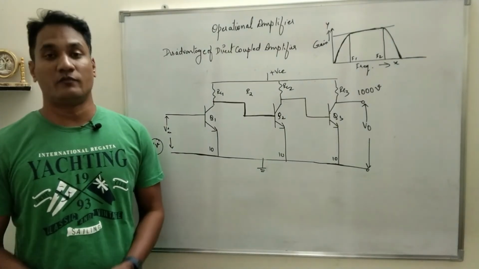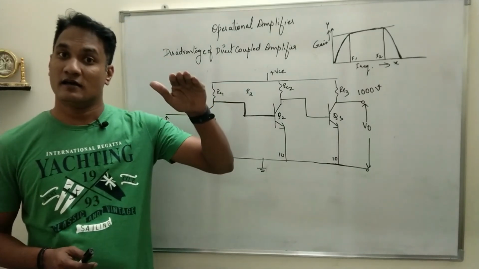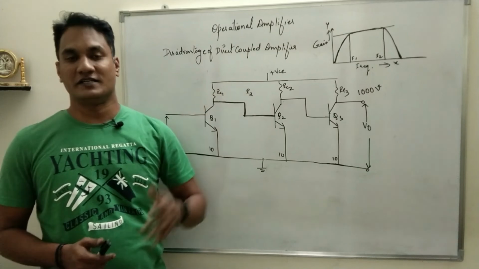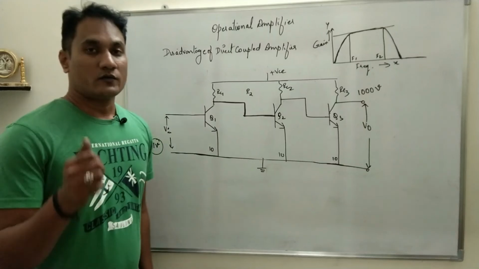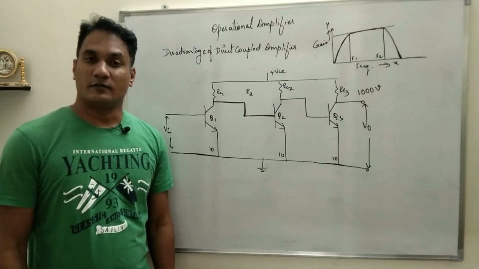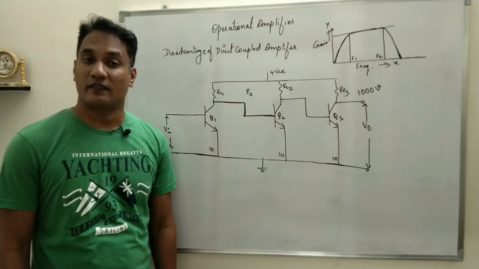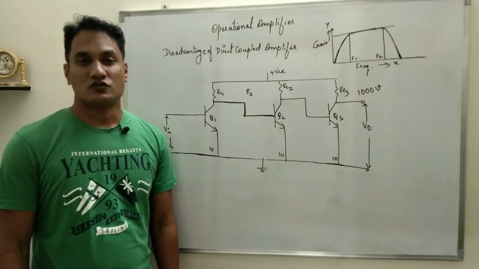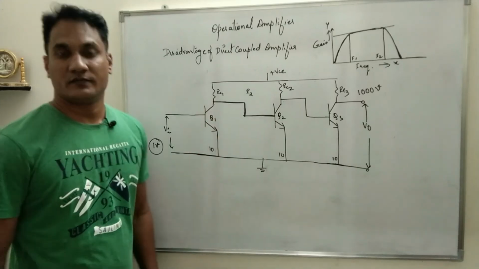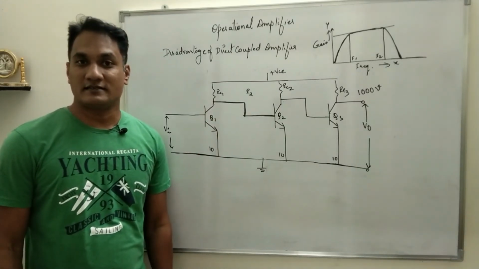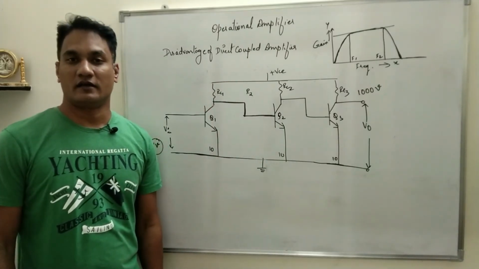Direct coupled amplifier. First we will try to understand what are the advantages of direct coupled amplifier over the RC coupled amplifier. In the previous video we have already understood the disadvantage of RC coupled amplifier. Now what was the first disadvantage? At low frequency the capacitive reactance is high, therefore gain will decrease. So what we did is, in direct coupled amplifier we have removed the capacitor. So if no coupling capacitor is there, that is why it is called direct coupled amplifier. Direct coupled amplifier, no coupling capacitor.